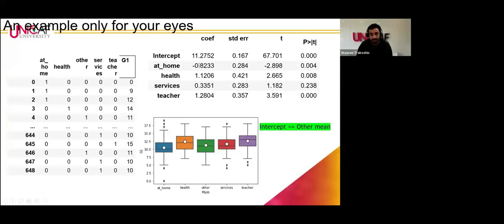And the difference of the mean between the other types of mother job means is this. So the difference of the means between these two categories is the beta coefficient of this job at home. The students whose mother works in health services have a difference in mean of the magnitude of 1.1 from this. And we can see this here. So health has a greater mean than the other mother job,